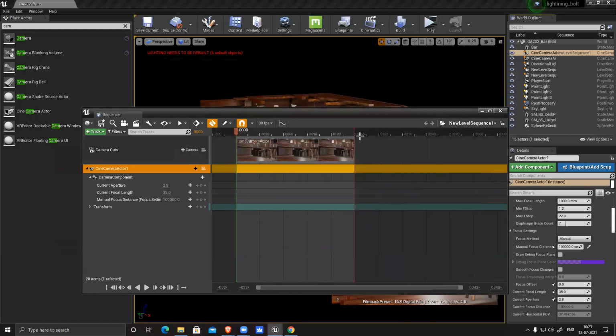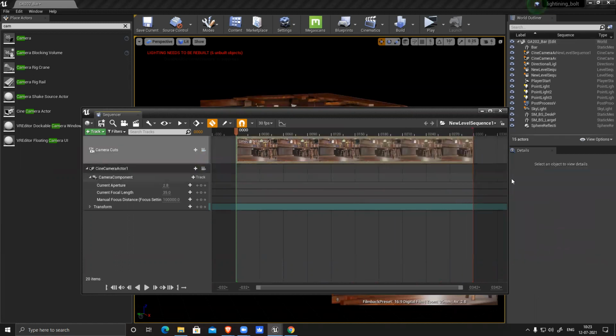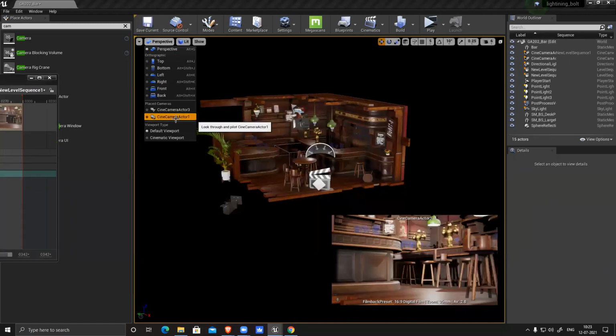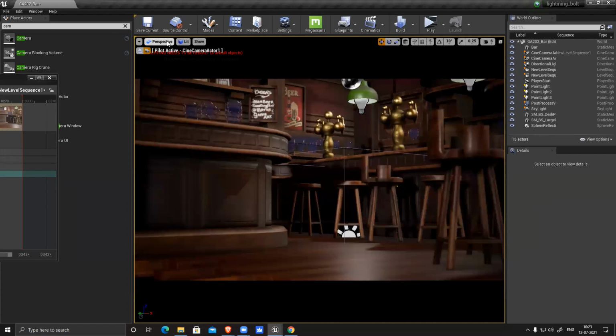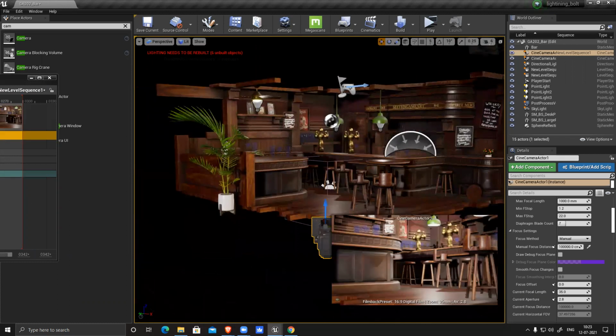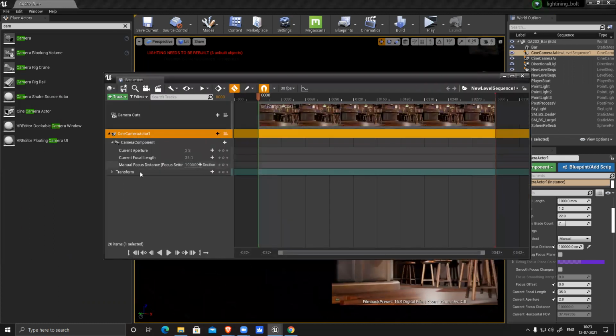Number of frames and all these things I can modify again. Control scroll. 300 frames. Increased it. So let's see my camera 1. This should go up, right? Select this one. I'll add all the transform here, all nodes.